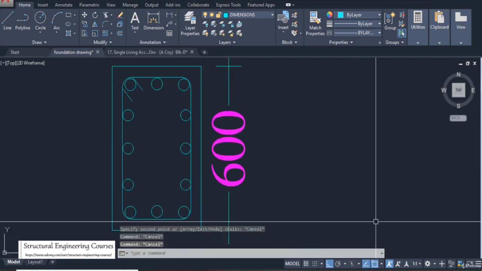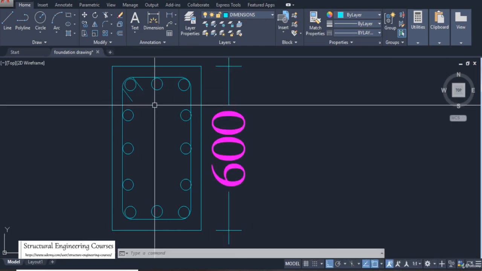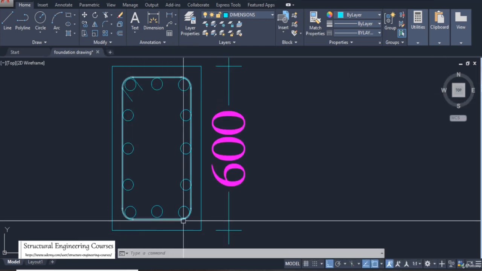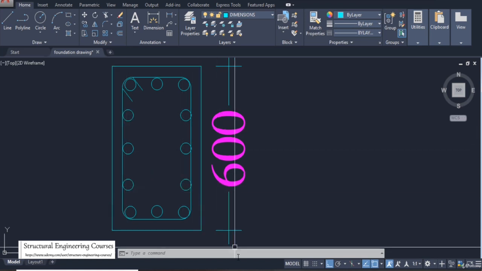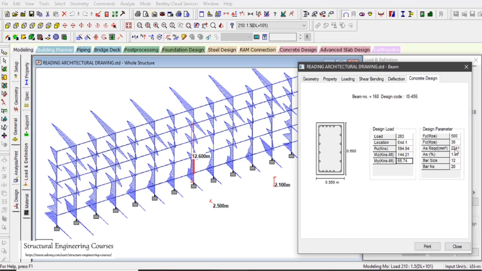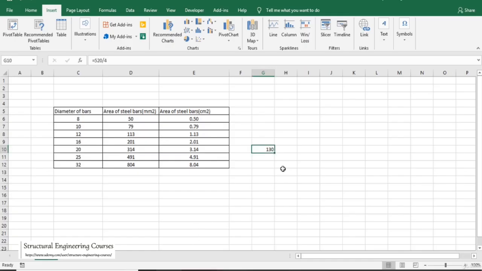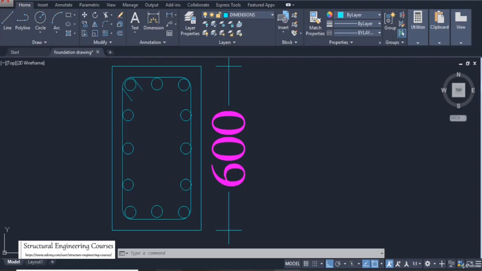So now we need to divide 1, 2, 3, 4, 5, 6, 7, 8, 9, 10, 11, 12 bars. And the target that we are having is 22.41. So what we can do here is multiply 12 into 2 to get 24 centimeters square. And how can we have that? We can provide 12 number of 16 dia bars. So providing 12 number of 16 diameter bars here,